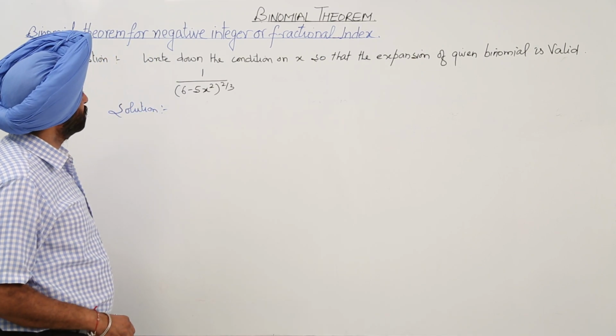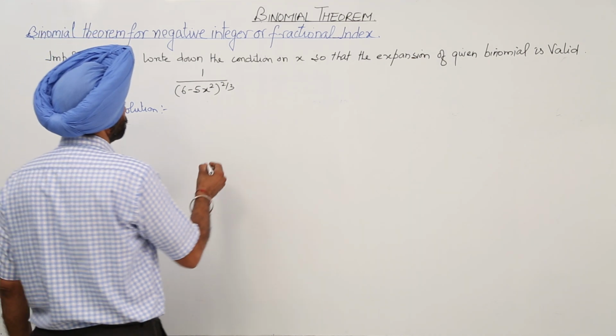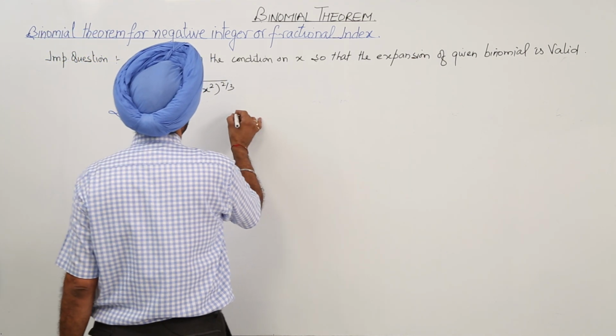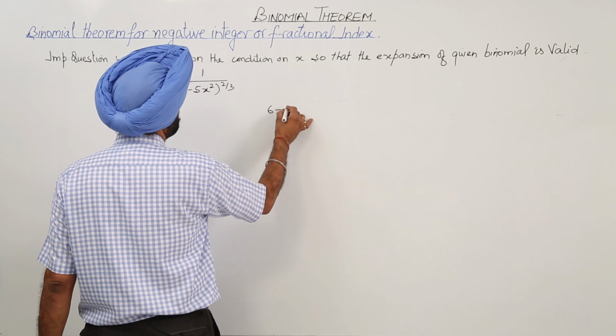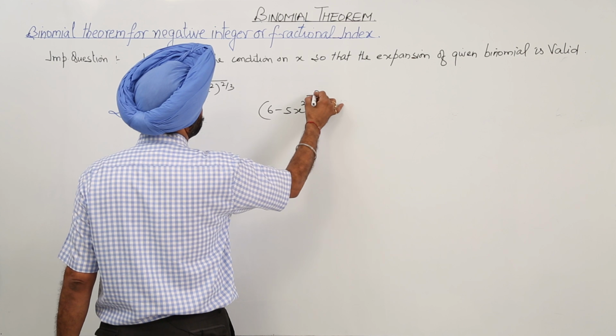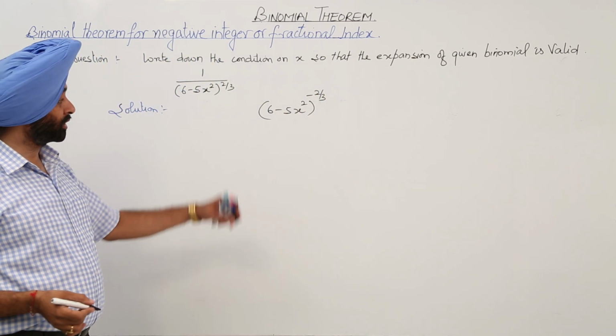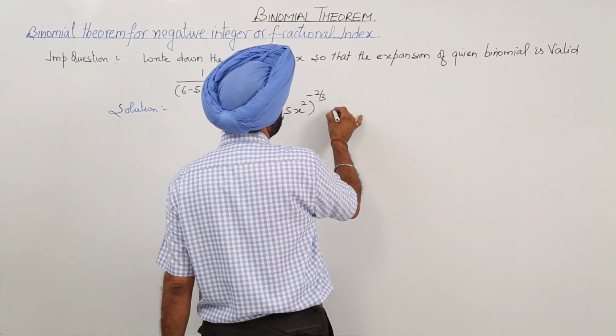Second question is write down the condition on x so that the expression of the given binomial is valid. Now here we are having (6 minus 5x square) whole the power minus 2 by 3. The given expression we can write in this form. Now this becomes